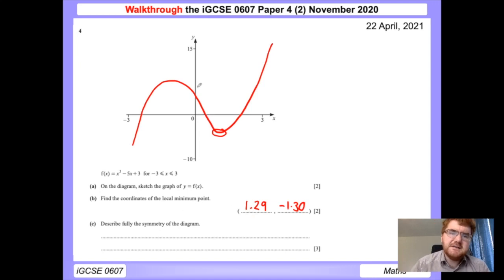Now, question C has been quite tricky for a number of students over the years, where they've tried to fit in or crowbar in this rotational symmetry into a GDC question. I've seen this now a couple of times, so be aware of this. Notice it's a 3-mark question, so we need 3 pieces of information, and we need to describe fully the symmetry of the diagram. The first thing we should recognize here is there is a rotational symmetry. Imagine this is our center of our rotation. It would spin around and actually look the same as we spin it around, and it will look the same twice. So we have to write down rotational symmetry,